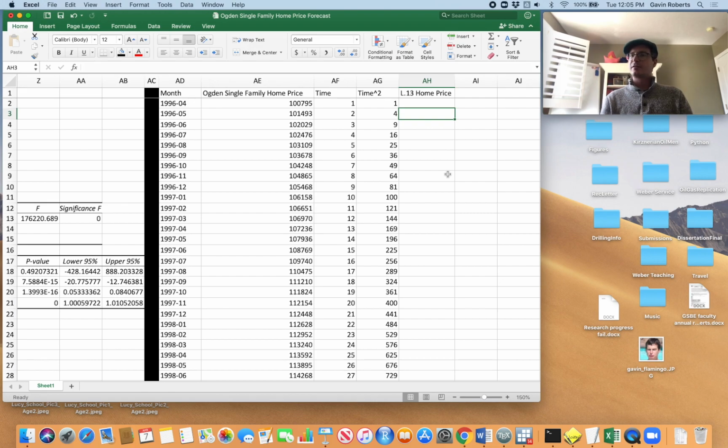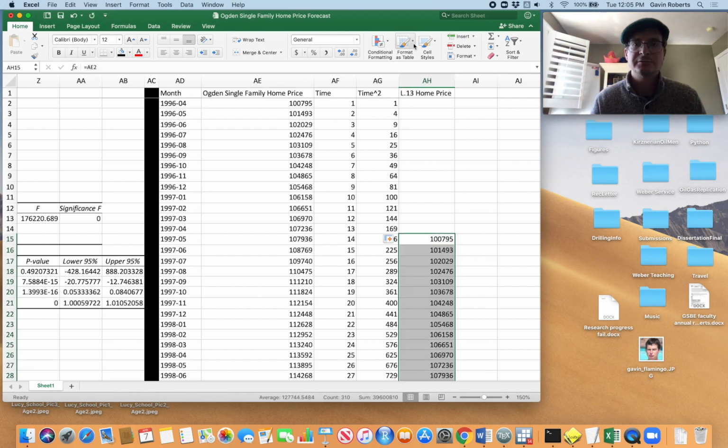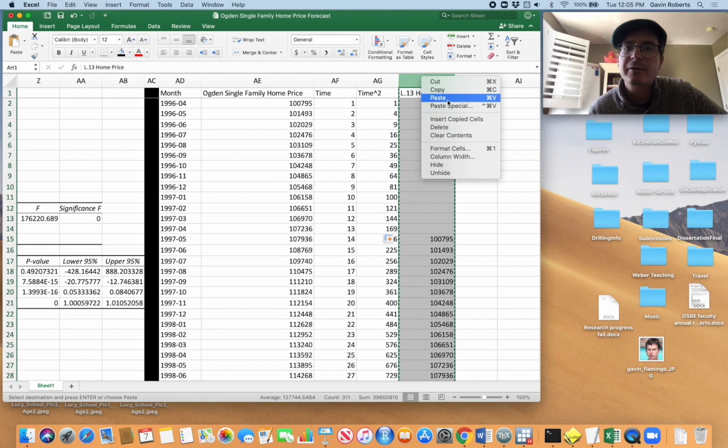So how am I going to do this? This is where I would have put my 1 lag, right? That's where I did it in the last example. So 1 lag, 2, 3, 4, 5, 6, 7, 8, 9, 10, 11, 12, 13 equals that home price. Enter. That's 13 months ago's home price. Double click that down. Copy it and paste it on itself, or I guess I have to do paste special